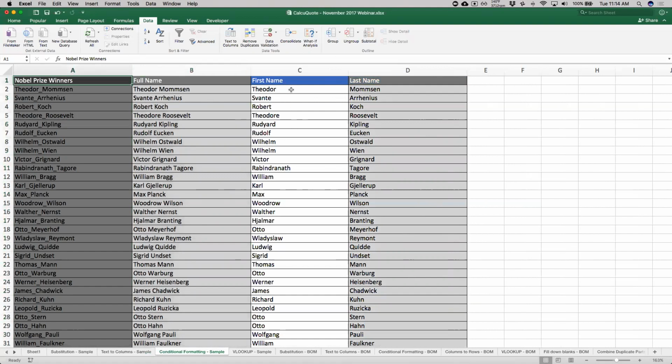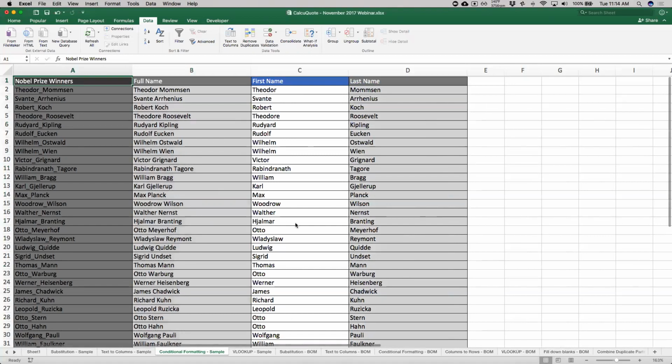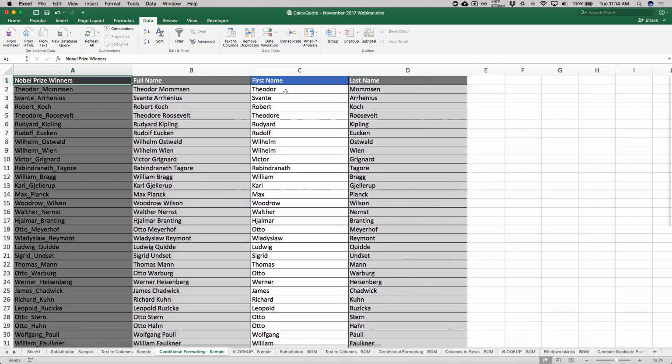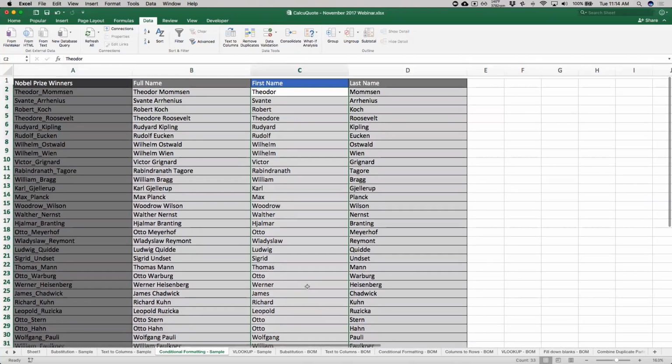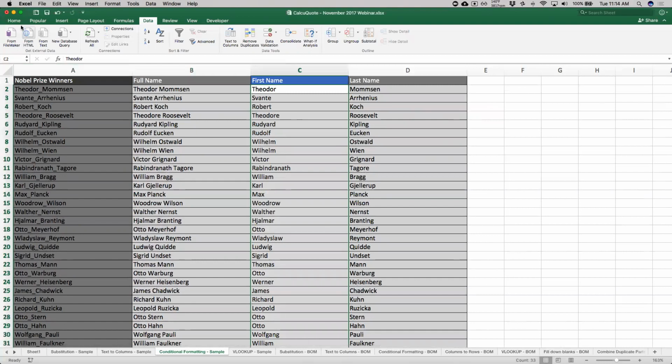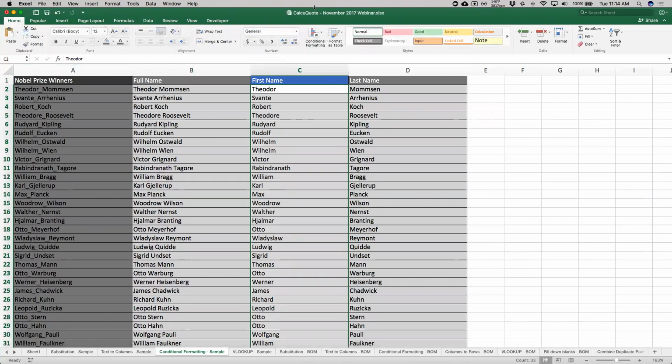And so rather than going through each one and saying, okay, I've got two Wilhelms and then I have to keep going down, I've got an Otto here and then one further down. Instead, I just want to highlight all of my duplicated first names. The way I would do that is I can highlight my data set like this. And then once I've highlighted it, I can click on the Home tab and click on Conditional Formatting and highlight